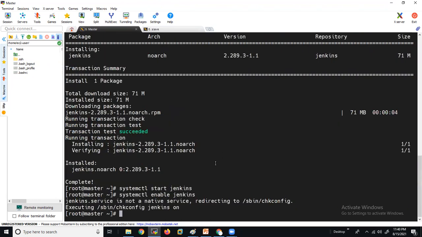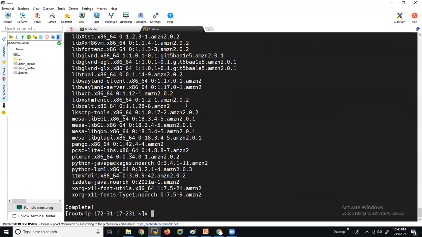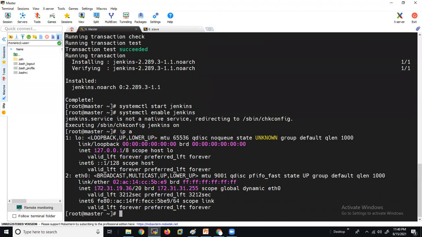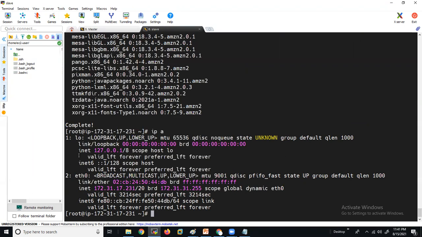Now we are going to make a communication between the master and slave, so they can do the handshake between each other. The first step is to copy the two IP addresses of master and slave. The master IP is this one. Open a notepad, give the space, write master, and come to the slave and copy its IP address.